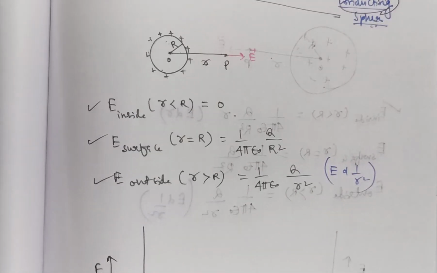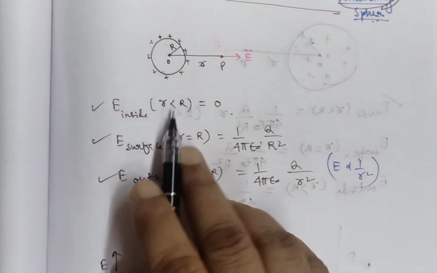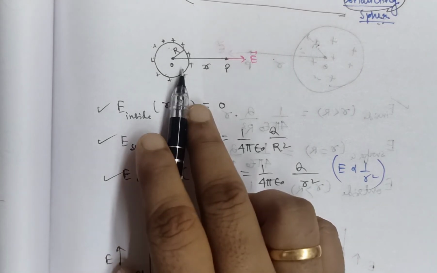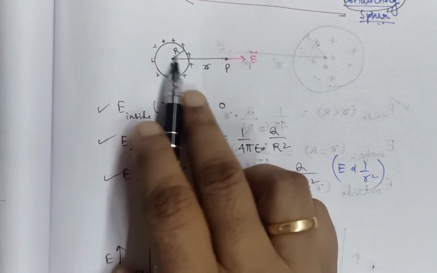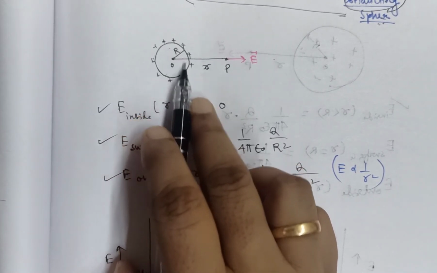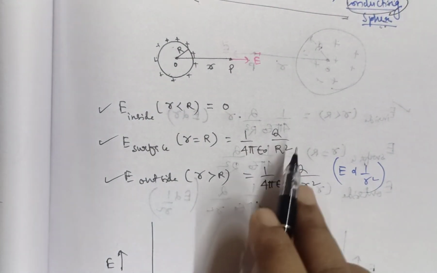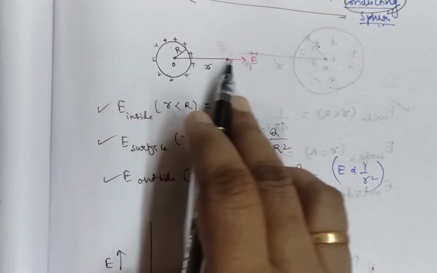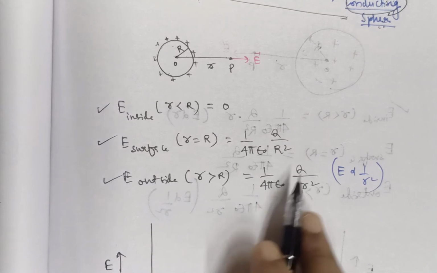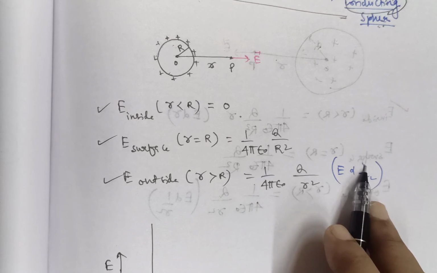Now you just remember, in exams some questions and graphs are coming, so remember r less than R, that means inside the solid sphere or hollow spherical sphere, no intensity is there. Here or here, whatever may be, there is no intensity inside the sphere. On the surface, what amount? 1 by 4 pi epsilon 0 q by R square, that is constant. But if you go outside, then small r is variable here. You see the answer, 1 by 4 pi epsilon 0 q by r square. So it is a dependence of r. So E is proportional to 1 by r square.